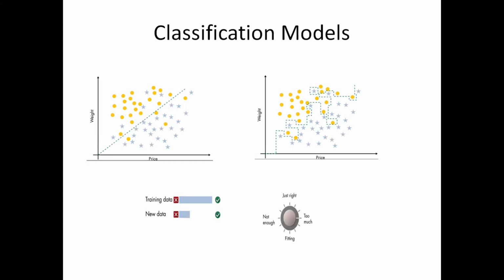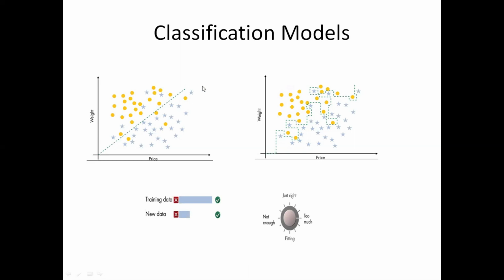Before that, when we are building a classification model, say for example, when we have some data which has two classes of data, we can build the classification model in different ways. One way is by simply partitioning the data using a simple model, as shown here by this straight line. This is the simplest possible model. It classifies the two groups of data, the circles and the stars. And of course there are some errors in the model, but it is a fairly simple model.